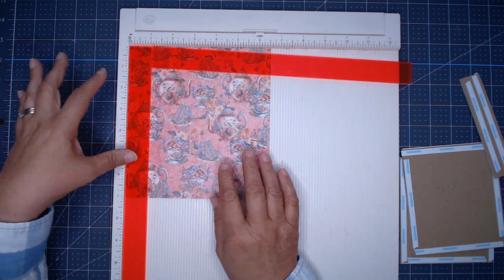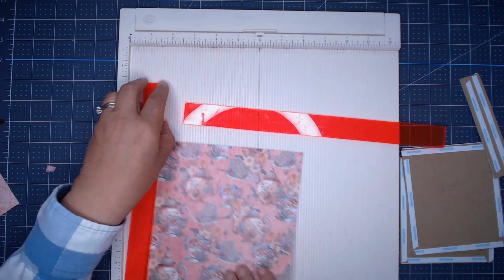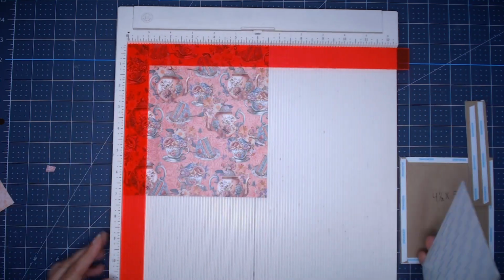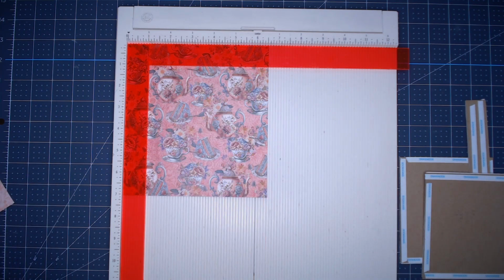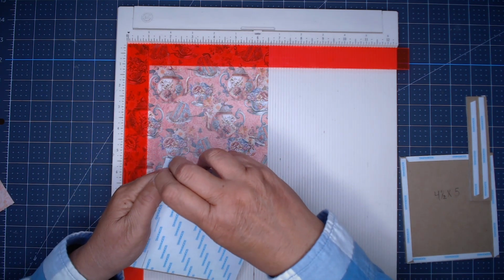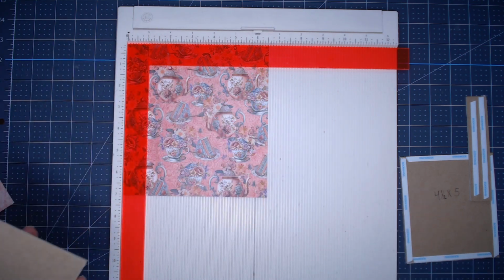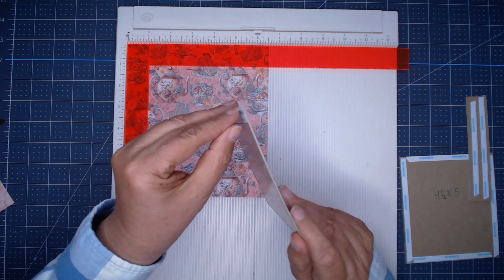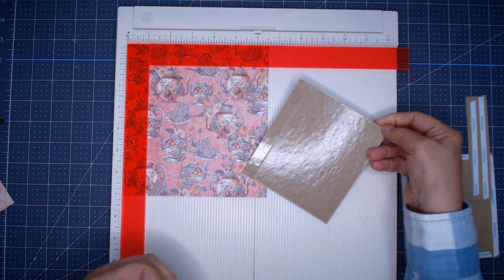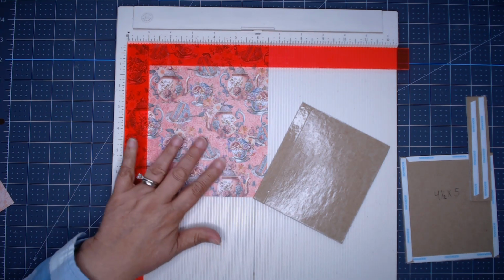This piece is 6.5 by 7. It's from the 8 by 8 collection, 6.5 by 7. And I have these 1 inch spacers that I'm using, available from Country Craft Creations, of course. And I am going to peel off the backing. Now what I'm doing is the lay flat cover method. Usually I use cardstock, but this is a small album, and again the papers from Country Craft Creations work wonderfully